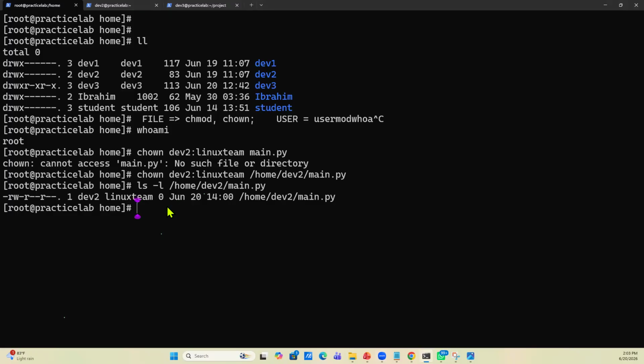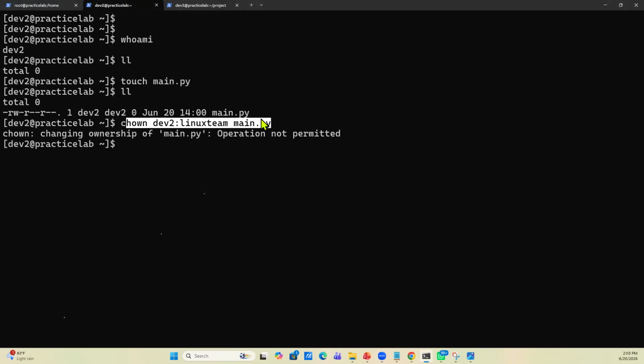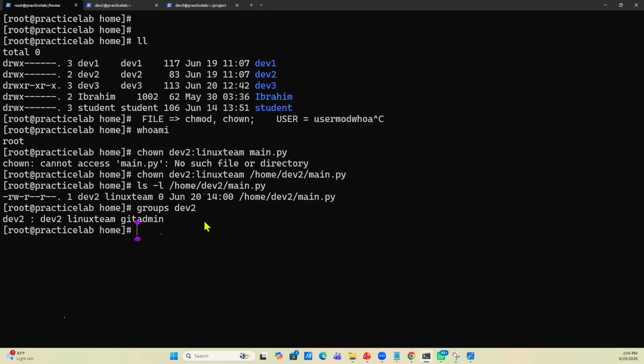One of the things that groups dev2, which has kind of surprised me here, is why was dev2 not allowed any? I want to look at this. Why, when dev2 is part of the Linux team group, right? When he's part of the Linux team group, if I removed him, if I just said usermod